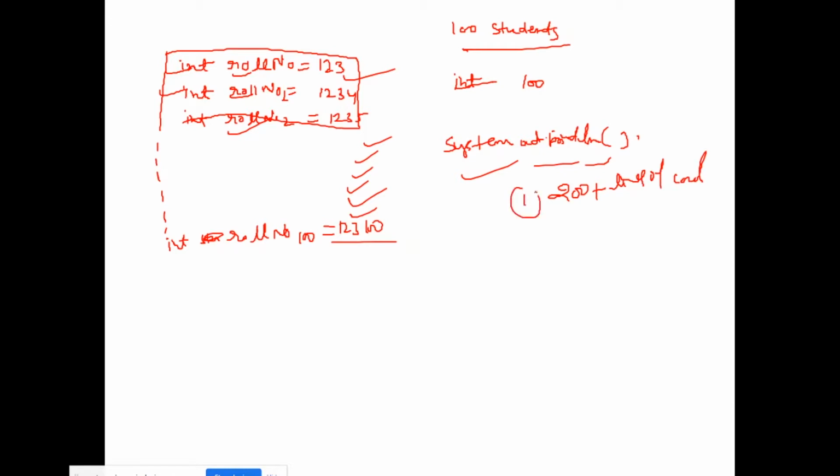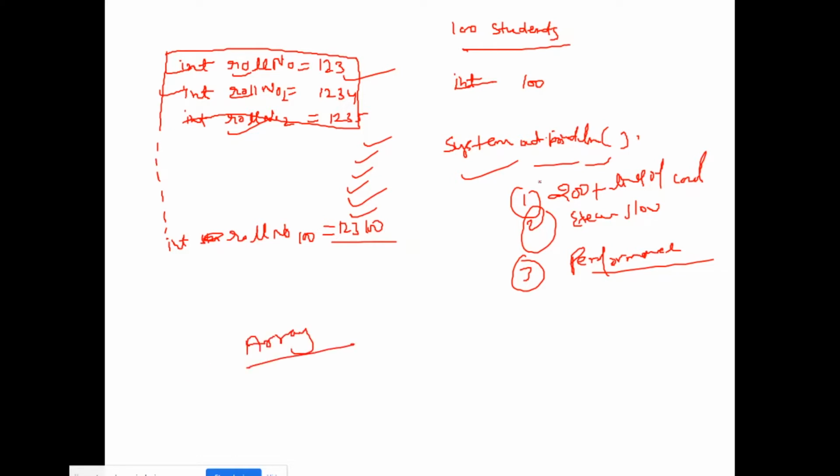And one more thing, execution is slow. Another disadvantage, performance, just because if execution will take time, performance will also be decreased, right? So how to overcome this problem? We have a concept like array, right?